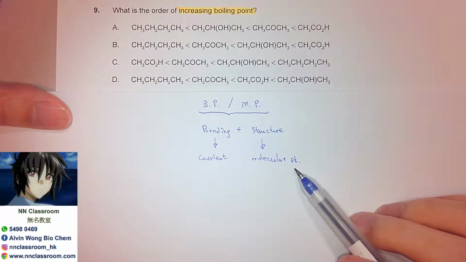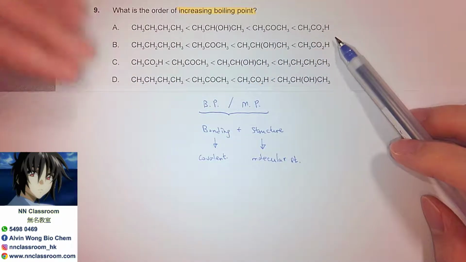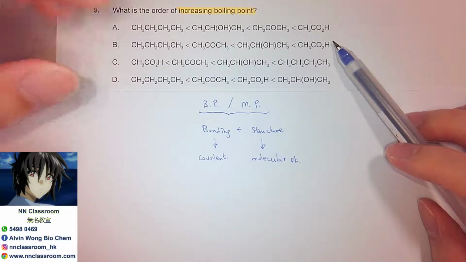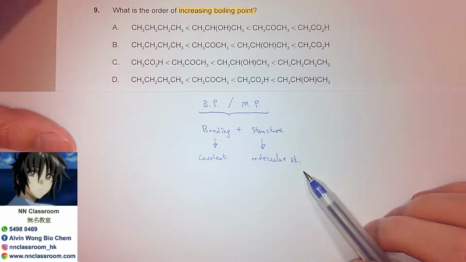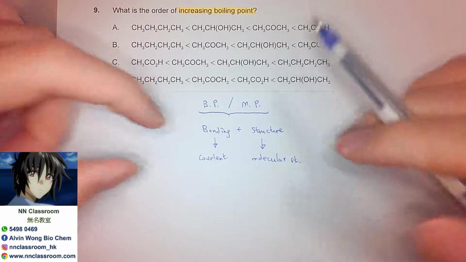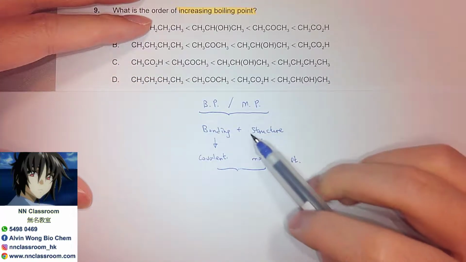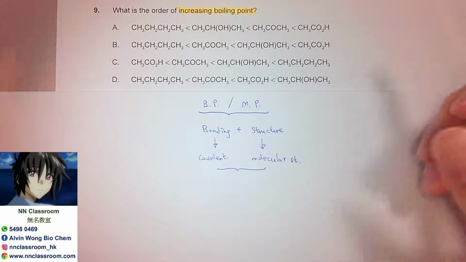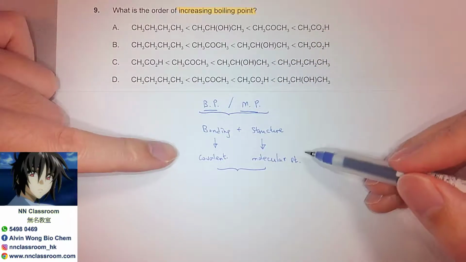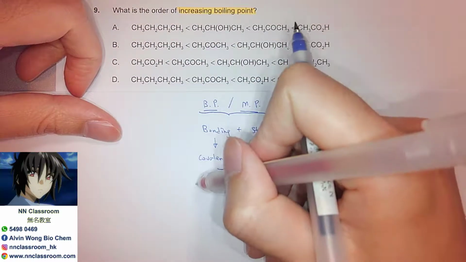Right? So that means this is the case this time. Obviously, because all these are not the diamond form, not the graphite, but exist in a discrete unit called the molecular structure or simple molecular structure. So in this case, once we determine the types of bond and types of structure, now we should be focusing on what types of attractions or interactions we are overcoming during the process of boiling or melting. In this case, if it is the molecular structure, obviously we are overcoming